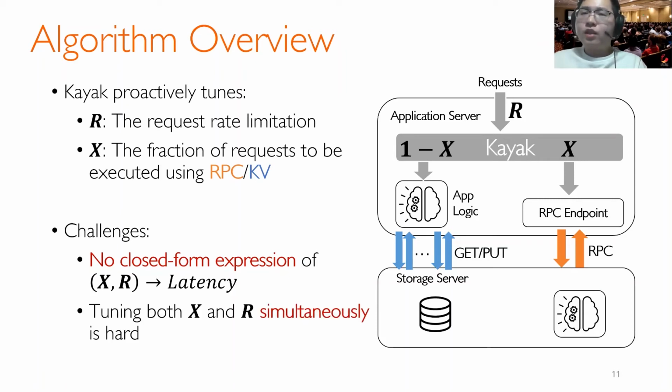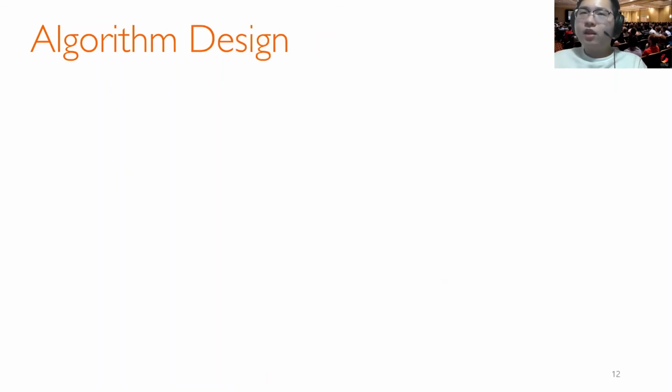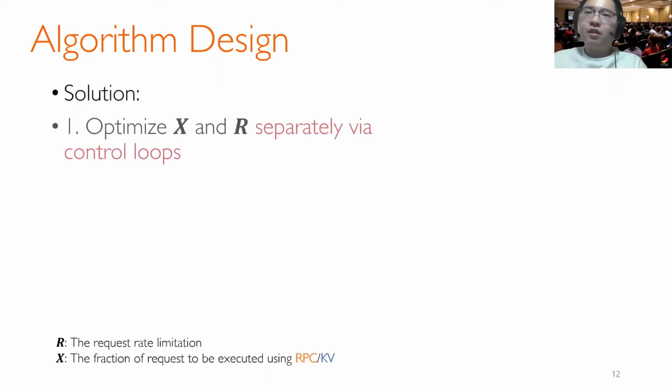So this also leads to difficulty in tuning these two parameters simultaneously, because we cannot use an analytical approach to solve this problem. And so what we decided is to optimize these two parameters separately